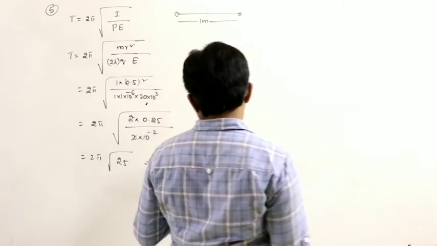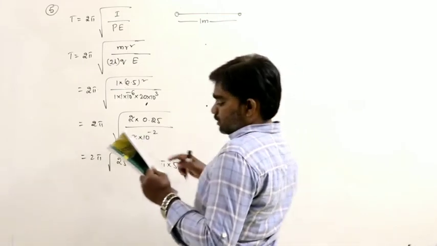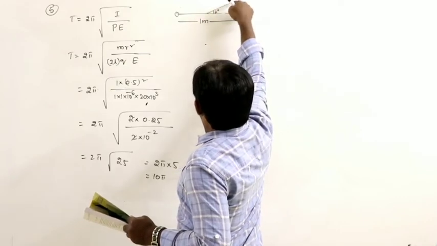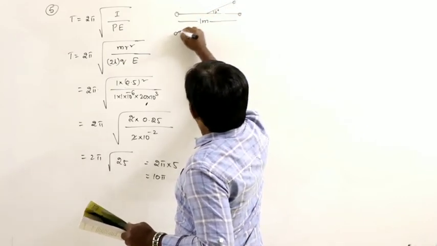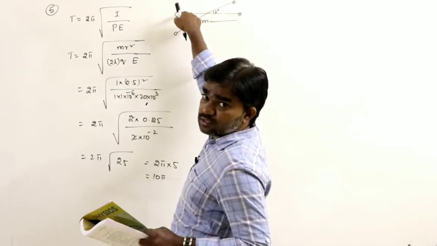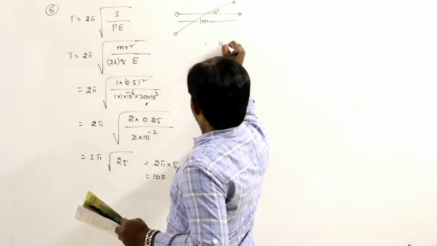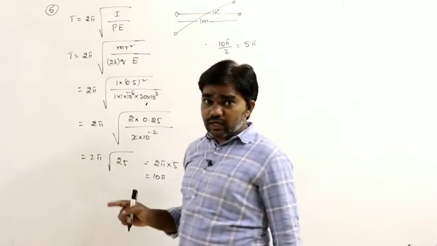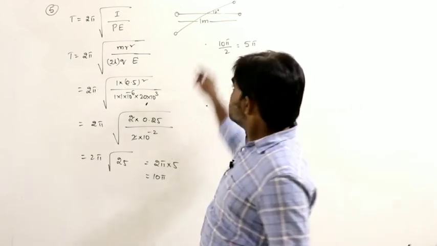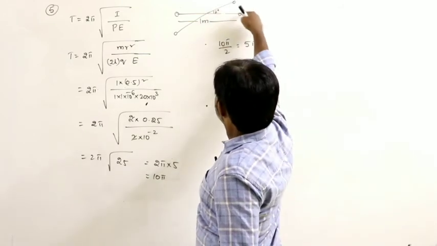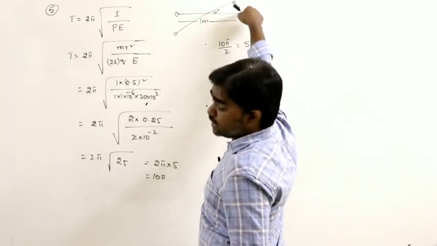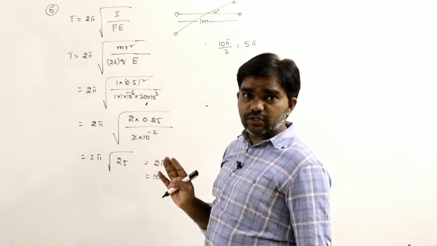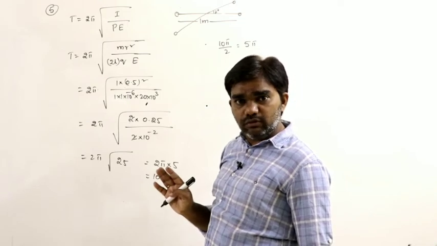But here it is displaced through 2 degrees, and what is the time taken to reach this position again? The dipole is displaced through 2 degrees, so the time is the time period 10 pi divided by 2, so that is 5 pi. Why is it 2? For one oscillation, it reaches this position, then the bottom position, and this position again. So the time period divides into 4 parts. For each one, T by 4.